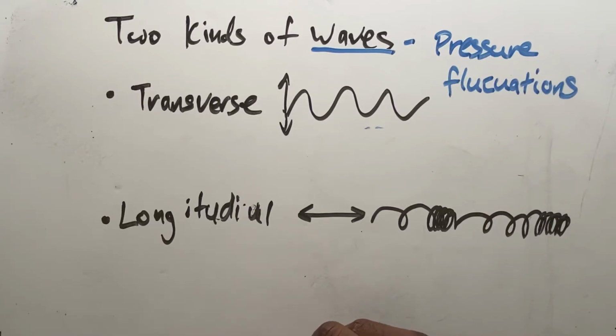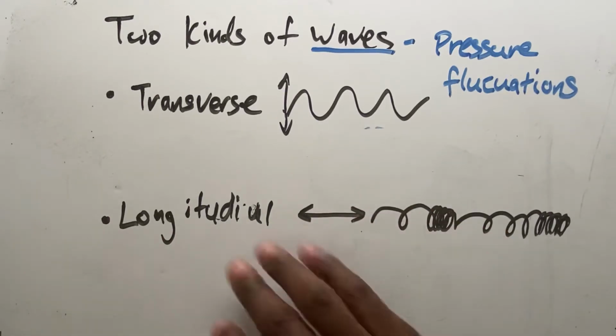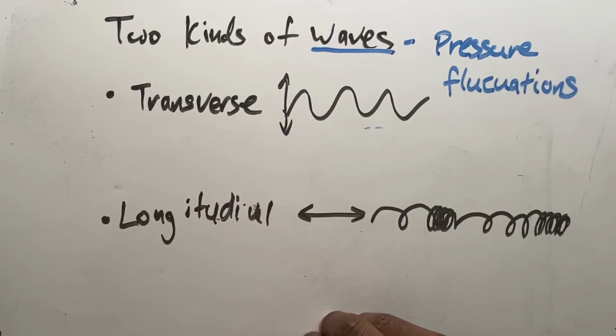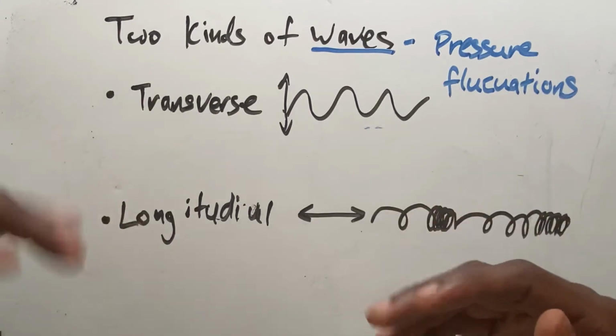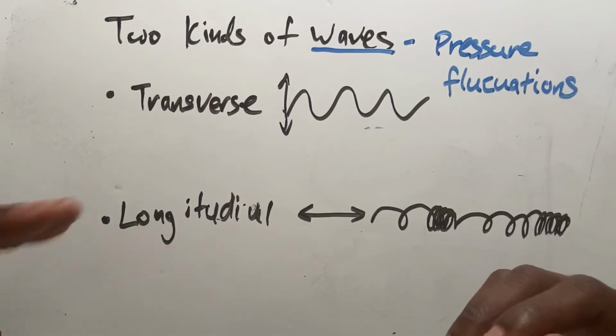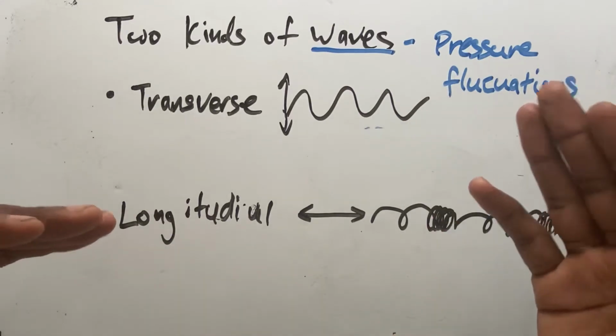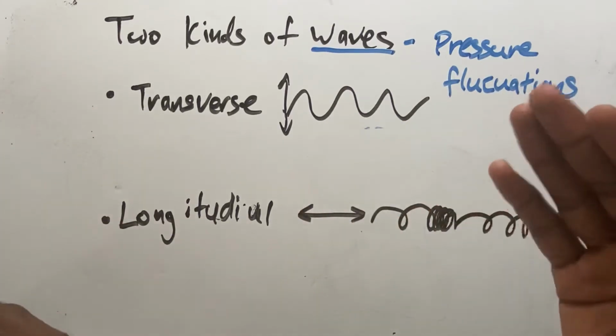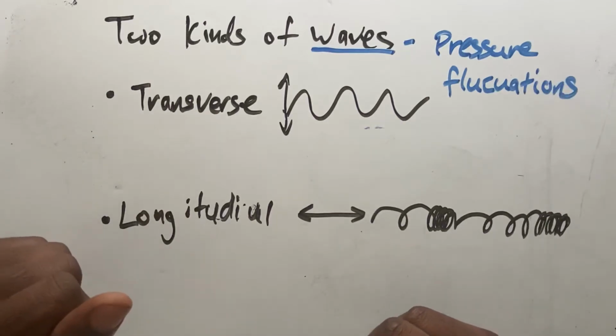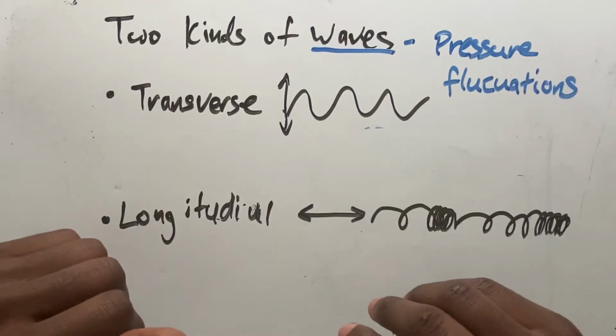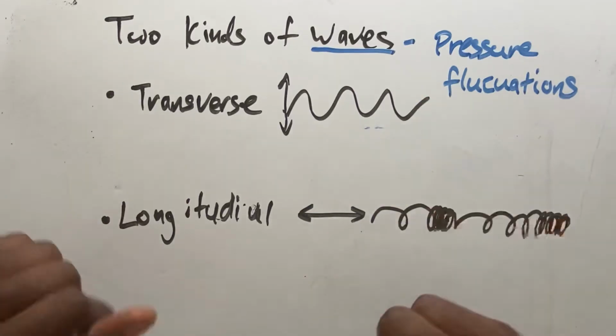Okay, so let's see. Now on the slides, we actually use sound as an example of a longitudinal wave, because your voice is compressing and expanding as it emanates outwards. You can imagine a person with a high-pitched voice. They speak at a higher frequency. Or you can imagine a person with a low voice. Then they must be speaking with a lower frequency. And that's determined by how you talk, your vocal cords, and all that.